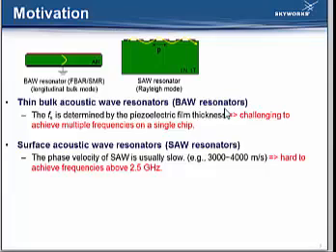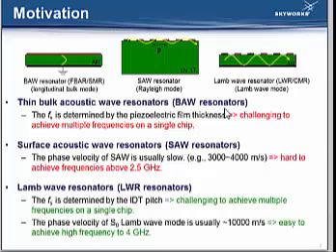The BAW resonators' resonance frequencies are determined by the piezoelectric film thickness, making it difficult to enable multi-frequency on a single chip. And the SAW resonators can do multi-frequency but have a high-frequency limitation due to the low phase velocity of the Rayleigh wave. The Lamb wave resonator combines the advantages of both BAW and SAW filters. Its resonance frequency is lithographically defined by the interdigital transducer, like SAW, so it can enable multi-frequency. And the phase velocity of the AlN Lamb mode in the aluminum nitride is large, like BAW, so it is easy to